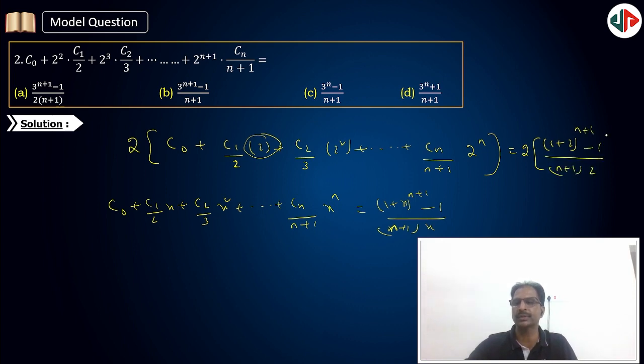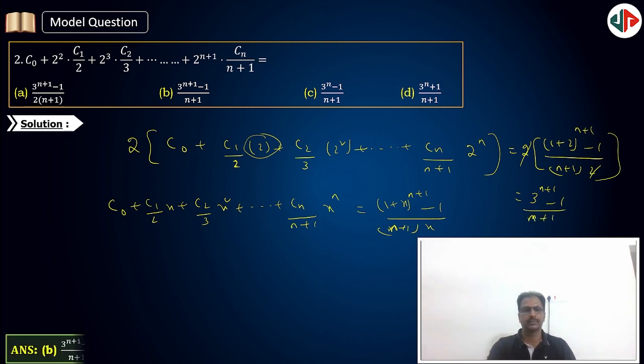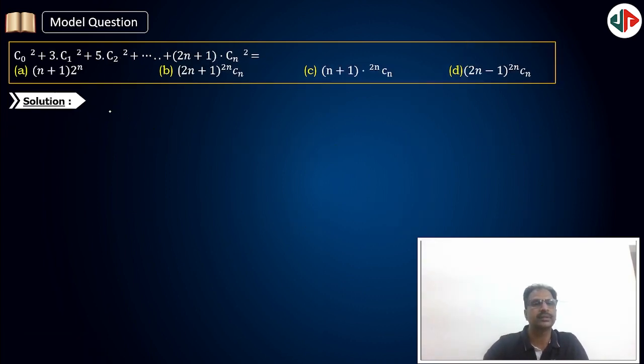Just put x is equal to that, so 2 gets cancelled. So the answer is (3 power n plus 1 minus 1) by n plus 1. Option B. Next, C0 square plus, so that is 1 into C0 square, 3 into C1 square, 5 into C2 square